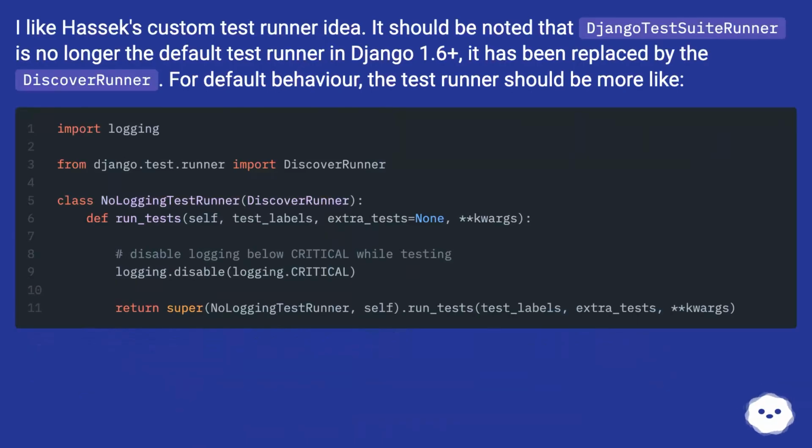I like Hasen's custom test runner idea. It should be noted that DjangoTestRunner is no longer the default test runner in Django 1.6+. It has been replaced by the DiscoverRunner. For default behavior, the test runner should be more like